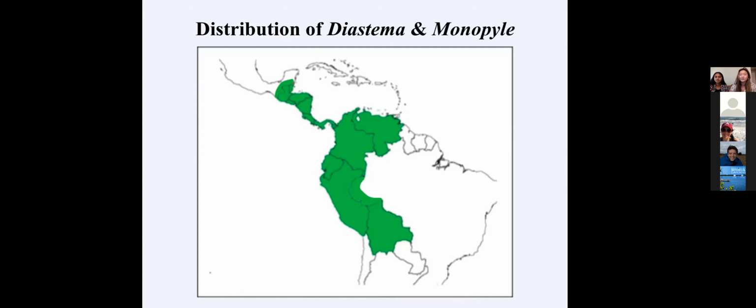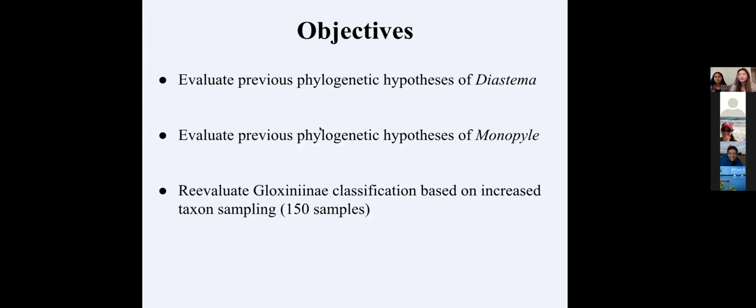Recently, in 2013, Alain Chautems et al. discovered unidentified populations of Diastema in northwestern states of Brazil. Until then, no one had known that Diastema occurred in Brazil. There was evidence from previous phylogenies that Diastema was polyphyletic. So as one of our objectives, we wanted to compare Diastema to other genera within Gloxiniinae. There was also evidence from previous phylogenies that Monophyllaea was monophyletic, so we wanted to confirm this with more taxa.